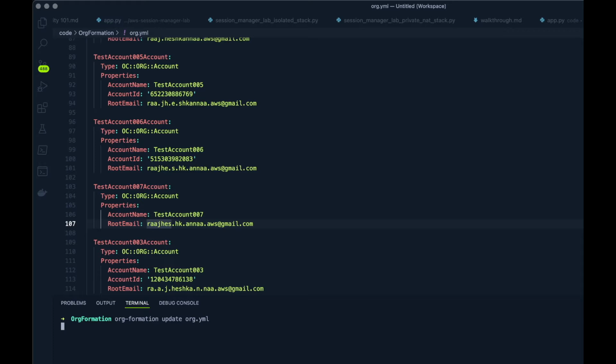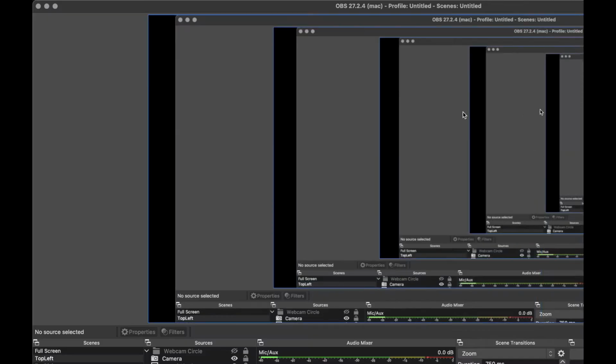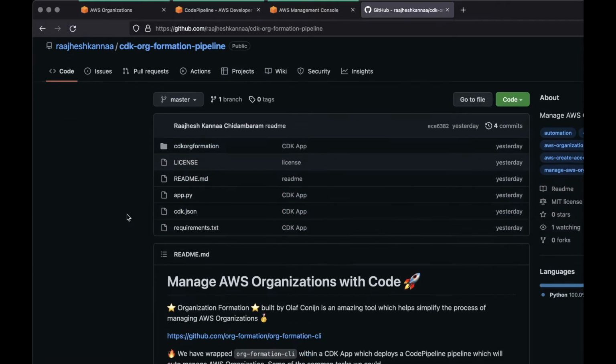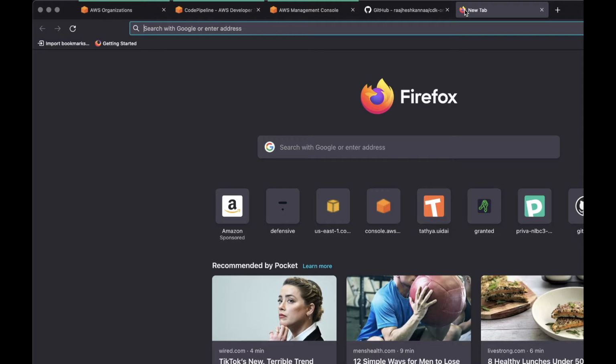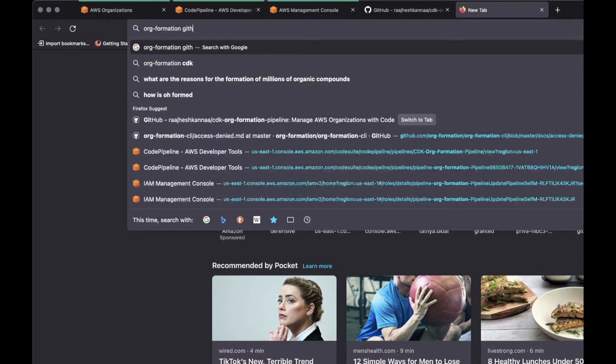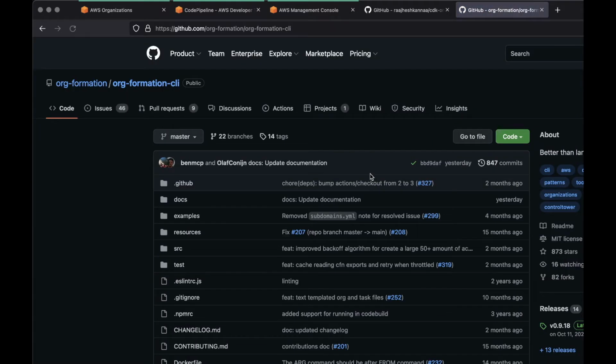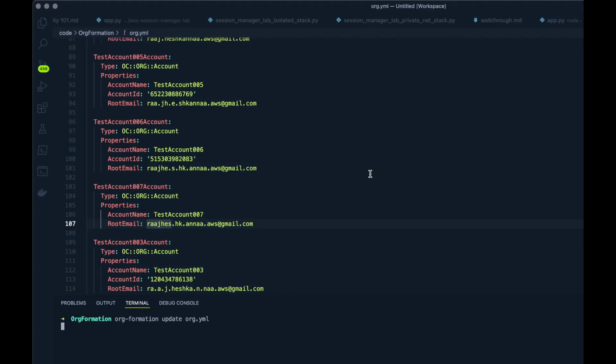So while it's doing its magic, we are using org formation built by Olaf Konin. I hope I said that right. So org formation CLI, as the tagline says, better than landing zones. Yes, it's a much easier and better way of managing AWS organizations,